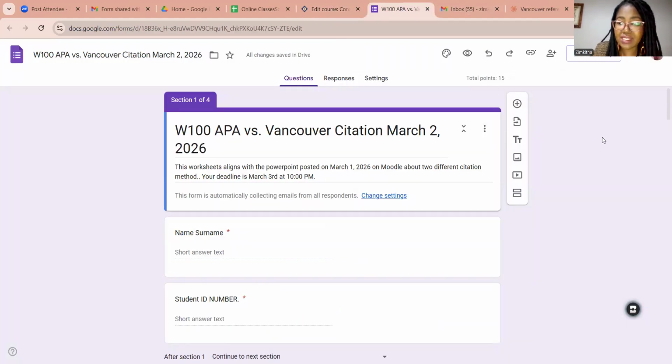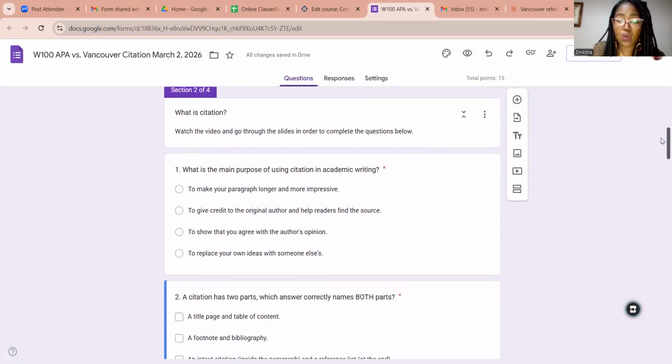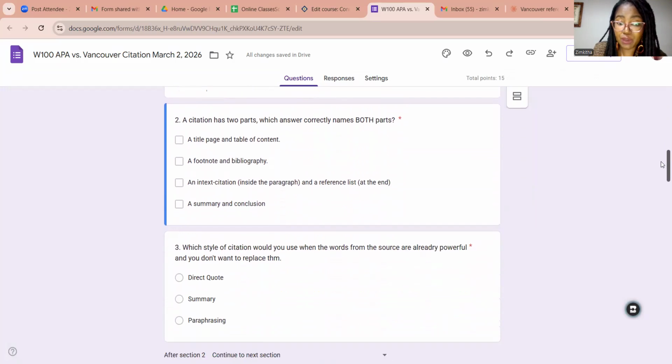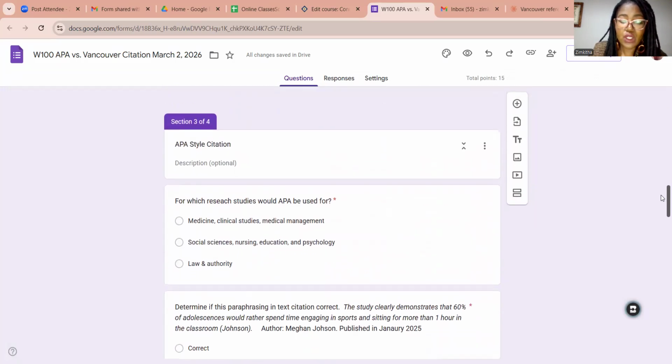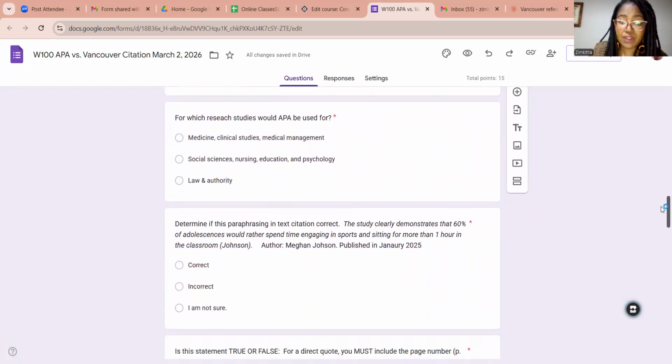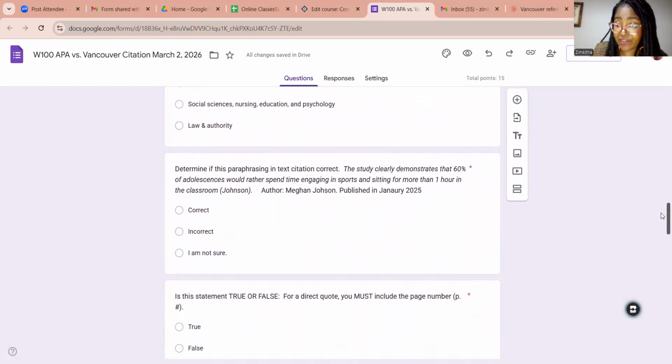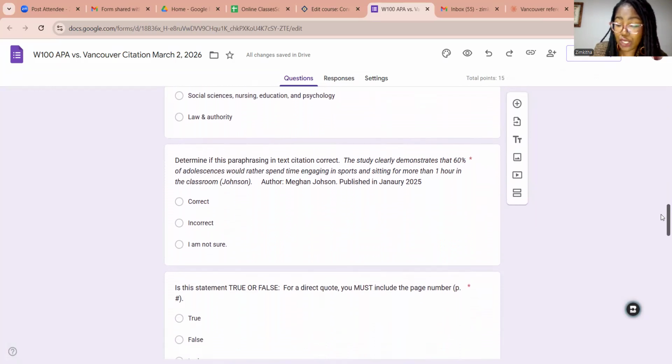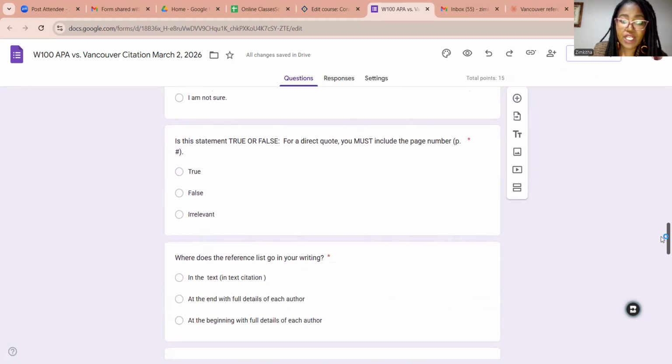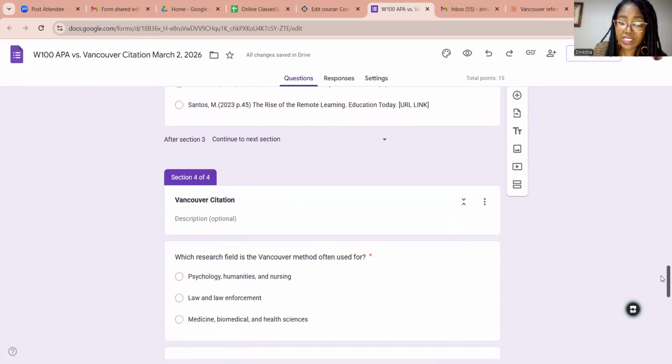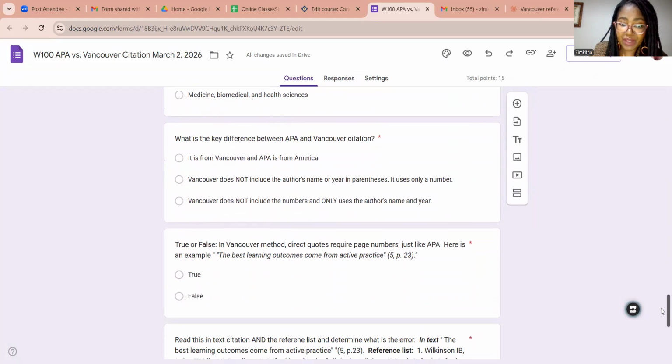What are the questions? I'm going to go through them. It's super easy. It starts off with what is citation? There are multiple choice. All right. Then they look at APA style. There are multiple choice. Some of them you need to read carefully so that you choose the correct answer. Then it goes into Vancouver style. Read carefully. All right.